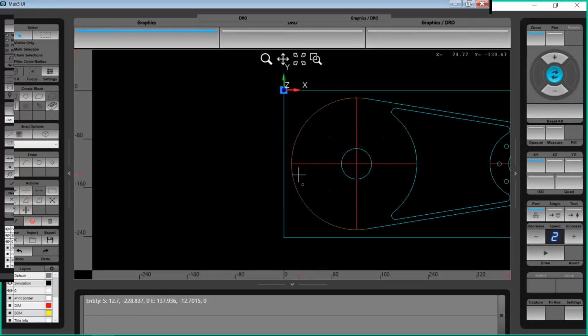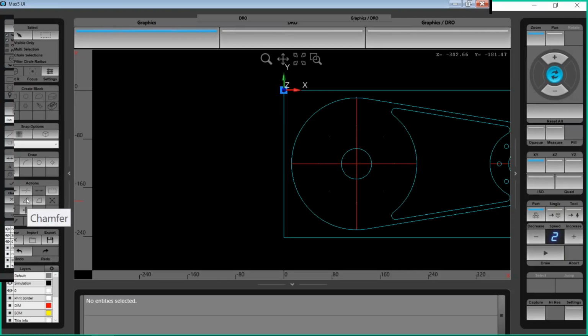Any polycurves can be used in contours. However, I wouldn't be able to select that and program a circle. It would force me to do it as a contour. Okay. So I'm going to cancel my selections right here, and I'll show you what it looks like to chamfer